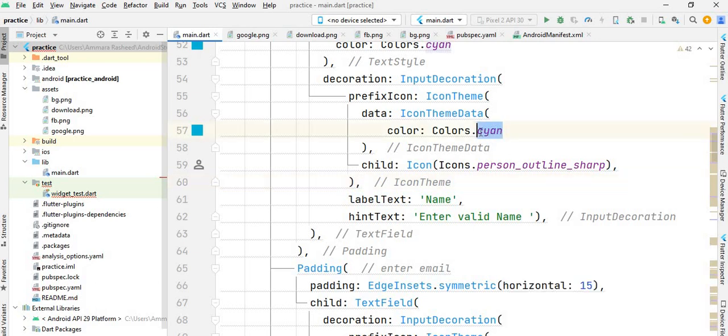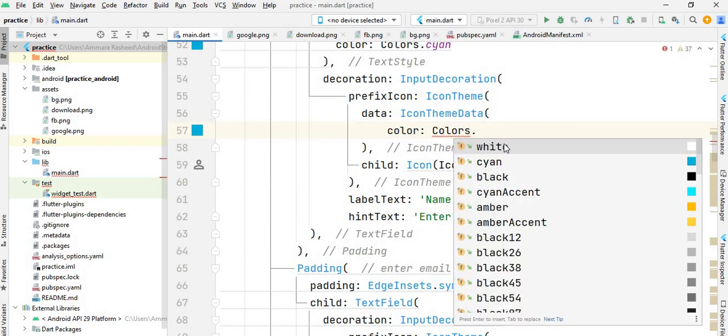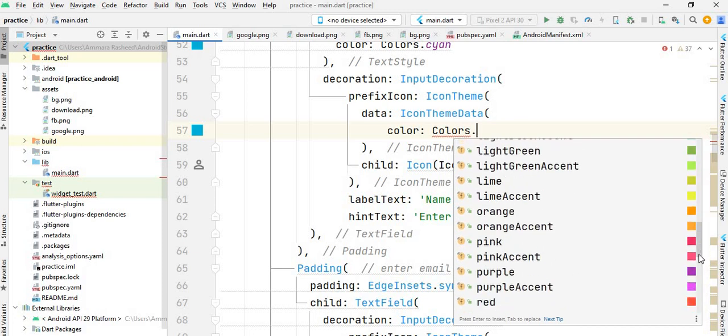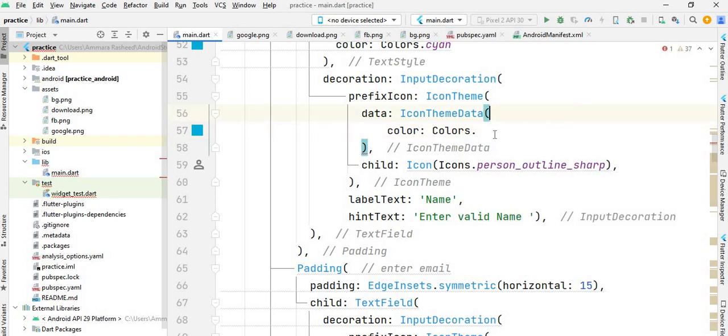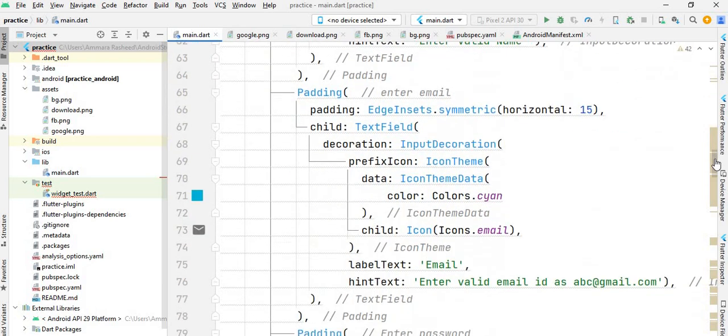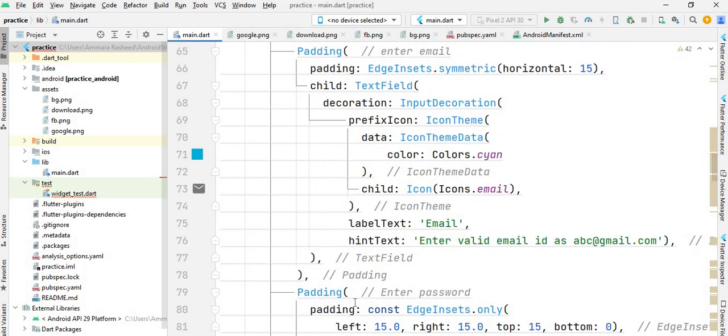If you want to change some color, you can write dot, and after that you will see that here we have a lot of colors. Okay, after that I create a text for this email,